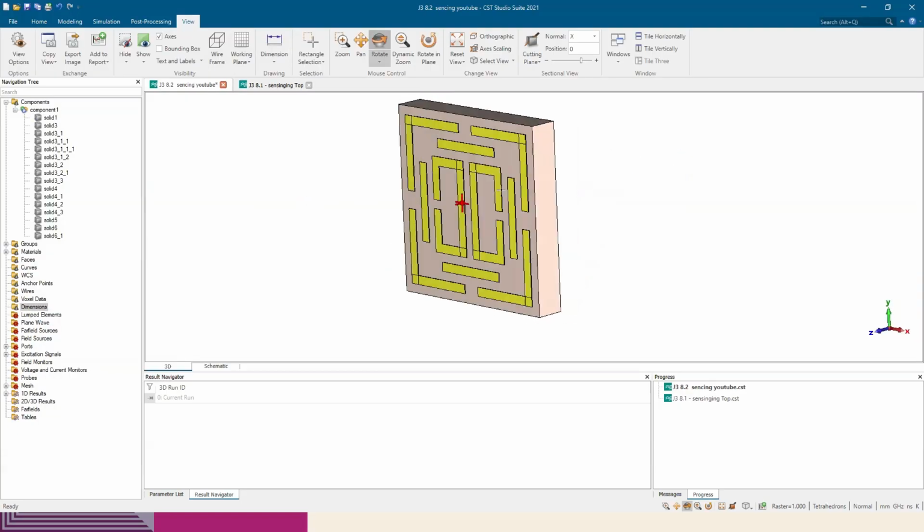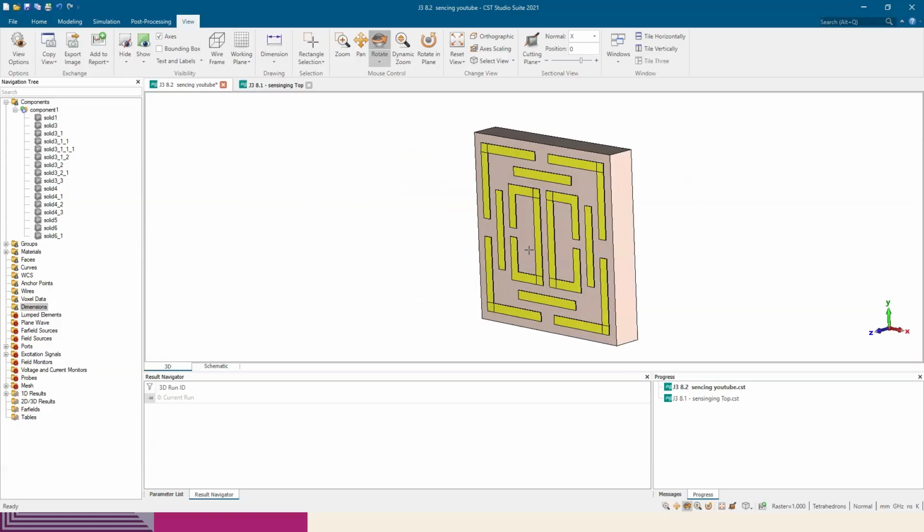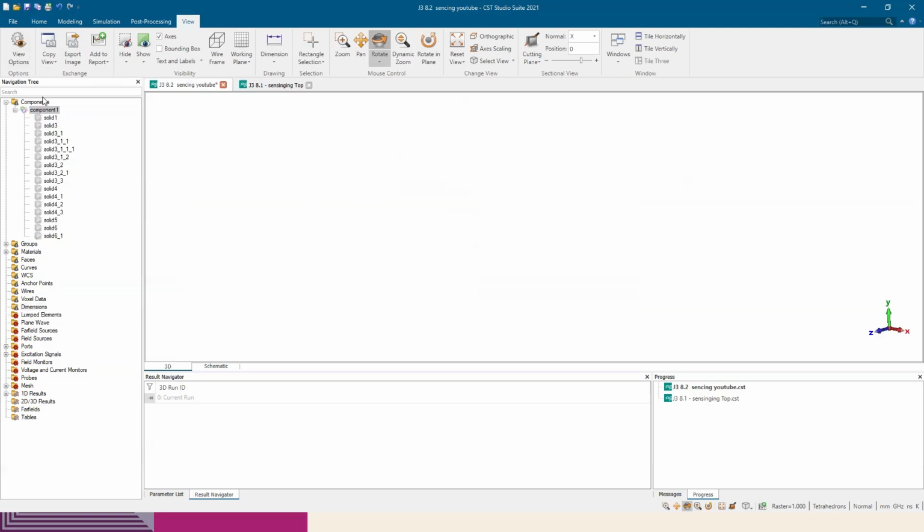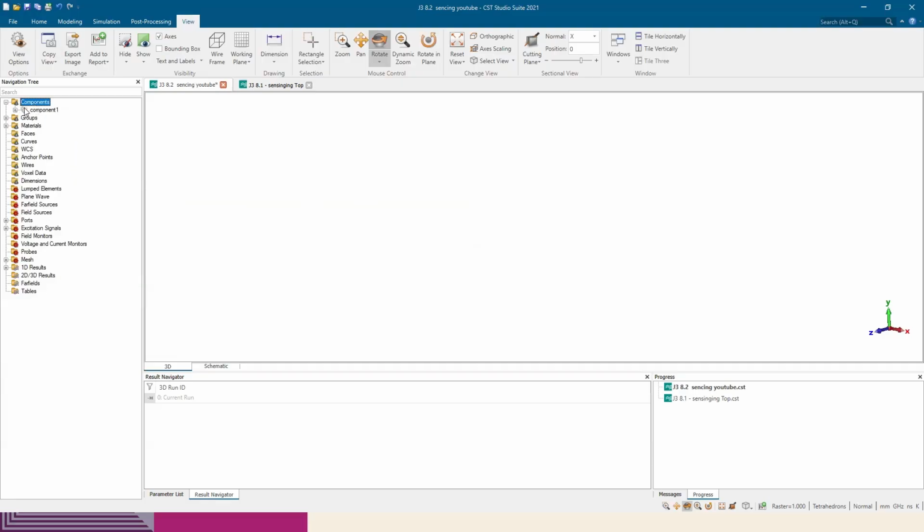Okay. So for the sake of your understanding, I will just sweep through the designing process. Then I'll show you how you can get the result and how you can prepare the sensing setup. So let's delete, hide this structure. So now we are going to start making a new design. So first,